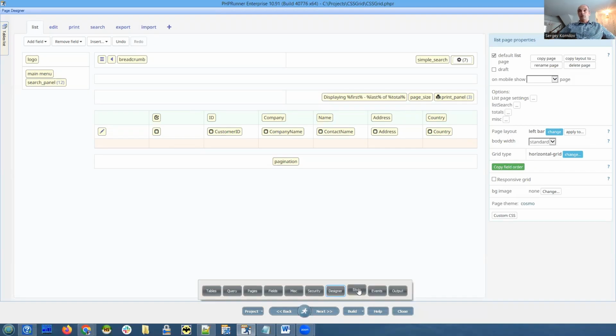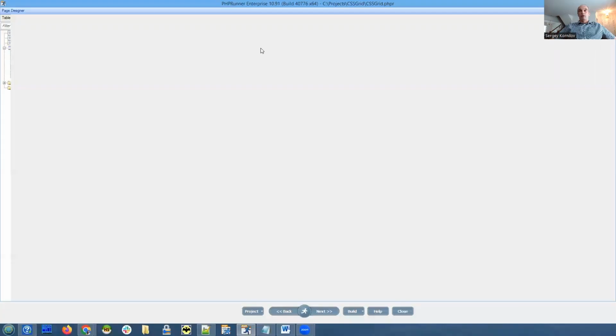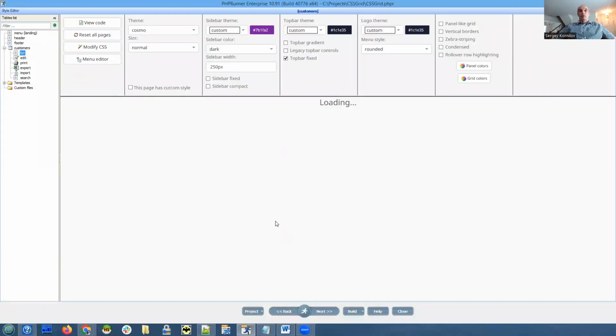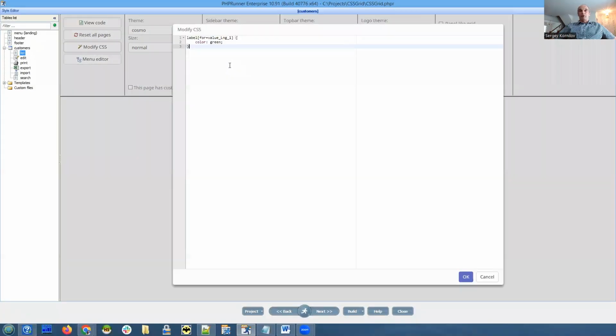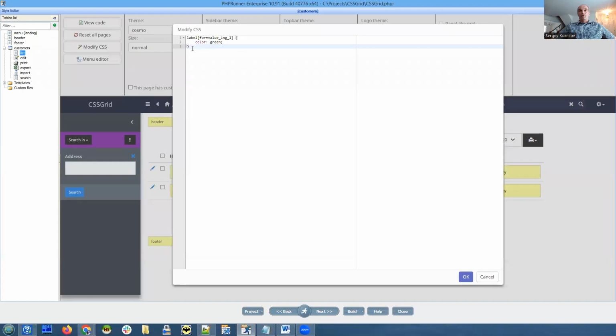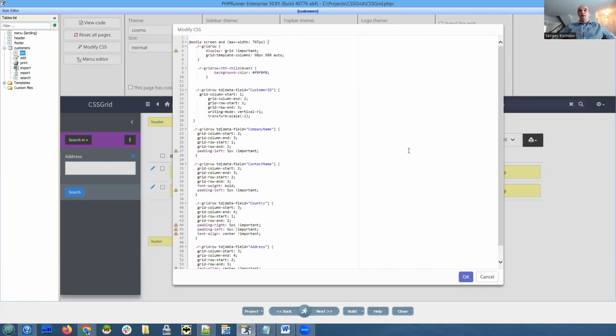Let's go to the style screen, modify CSS. Okay, we can remove our label code and we are adding our CSS code. First of all, something that you need to know. Let's talk about